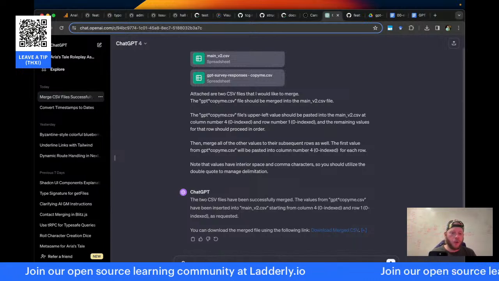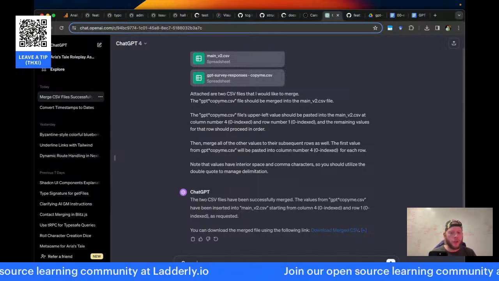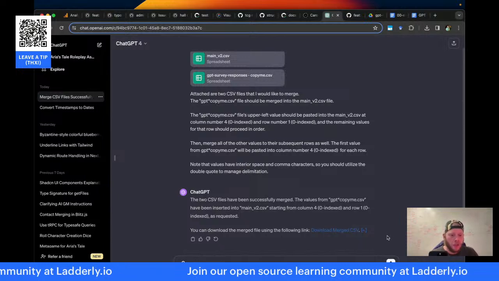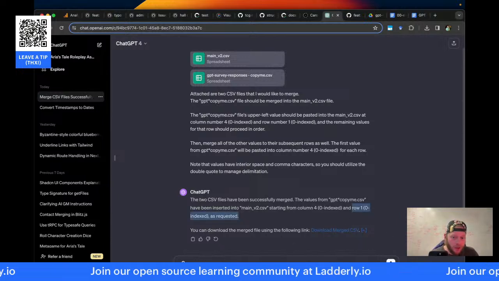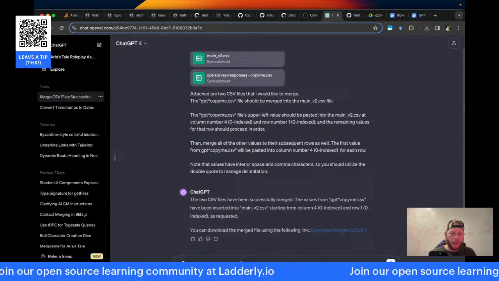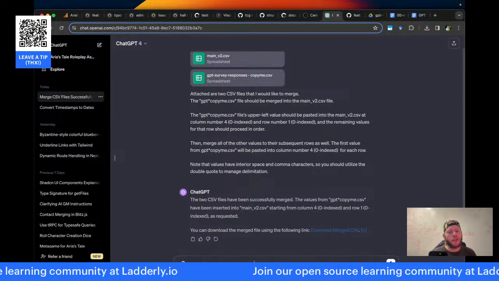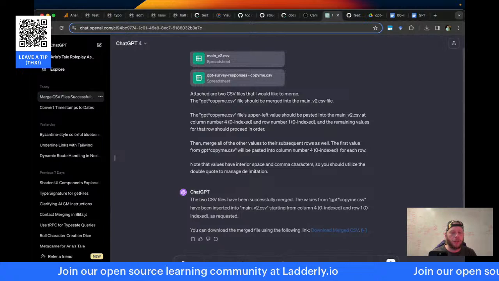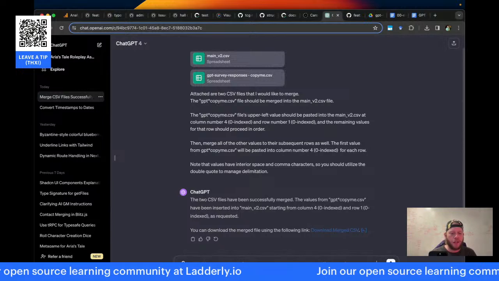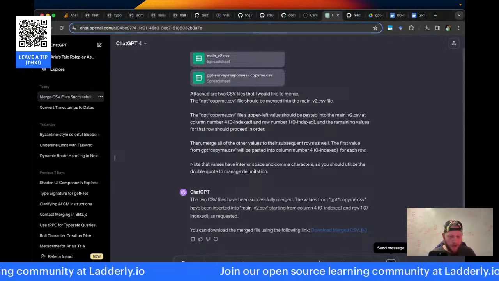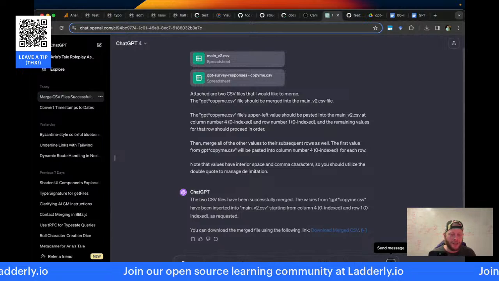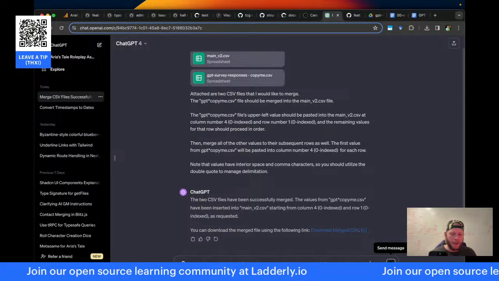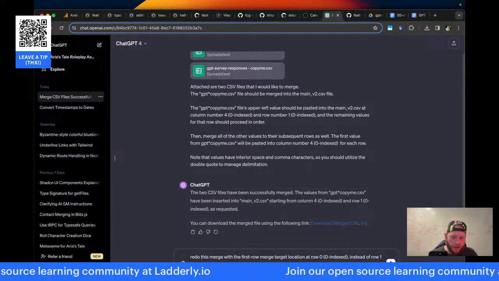Use the, redo this merge with the target, the first row merge target location at row 0 indexed instead of row 1 0 indexed.